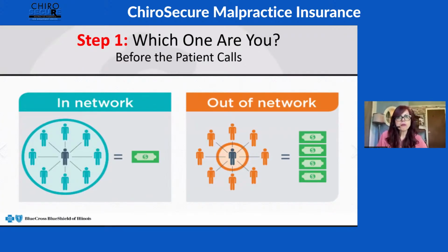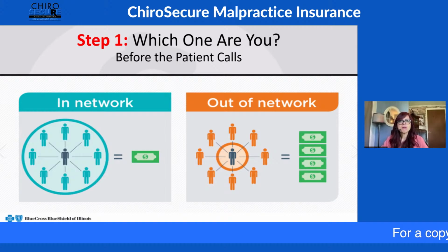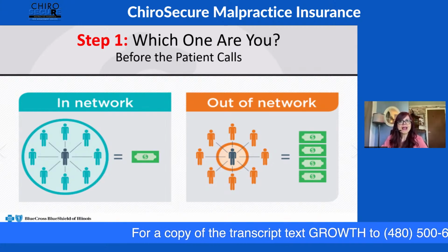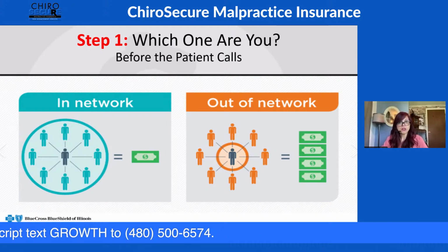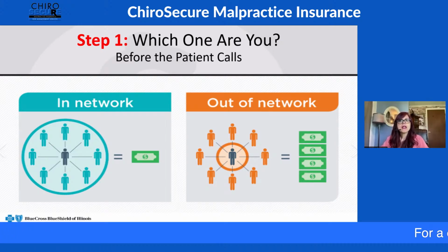So as we break through into these foundational pieces for your practice, we want to talk about the verification process. But before we even start to verify insurance for a patient, we better know, because they're going to ask on that first phone call, are you in network with my insurance? I don't know. And maybe you don't. I find it all the time. One of the first questions I ask clients is, who are you in network with? We need to know who they're in network with, should we need to assist them further on a topic. And inevitably,